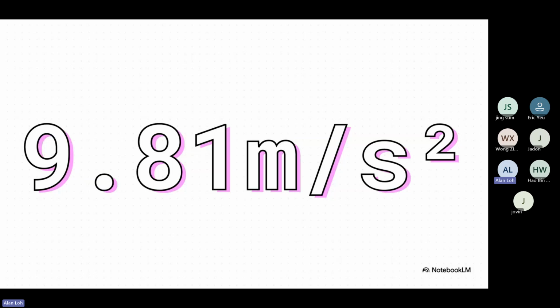So, when you actually plug in the Earth's mass and its radius into that new formula, what do you get? You get this number right here, 9.81 meters per second squared. See, it's not just some random number they make you memorize in school. It's a direct result of our planet's size and mass, all figured out from a law that runs the entire cosmos. All right, now let's zoom back out.